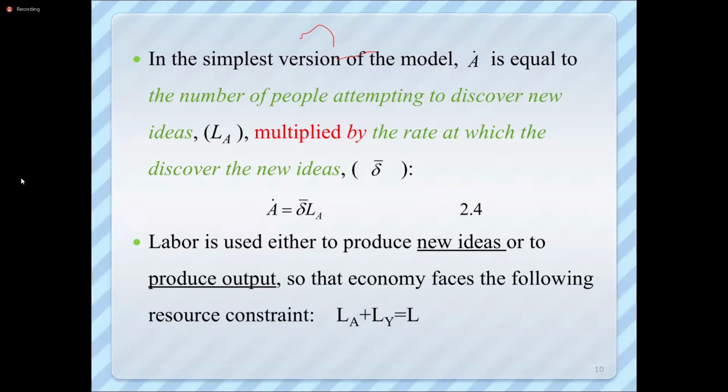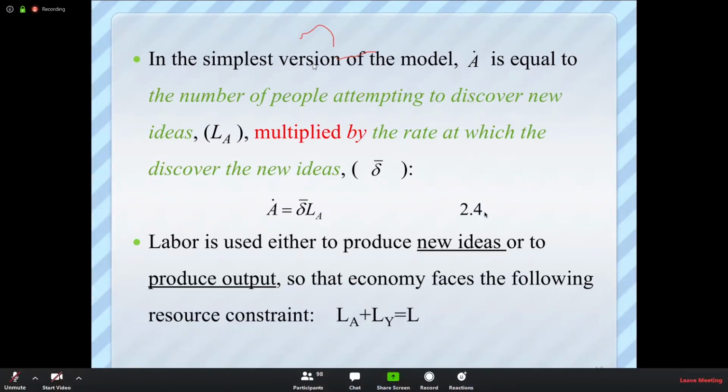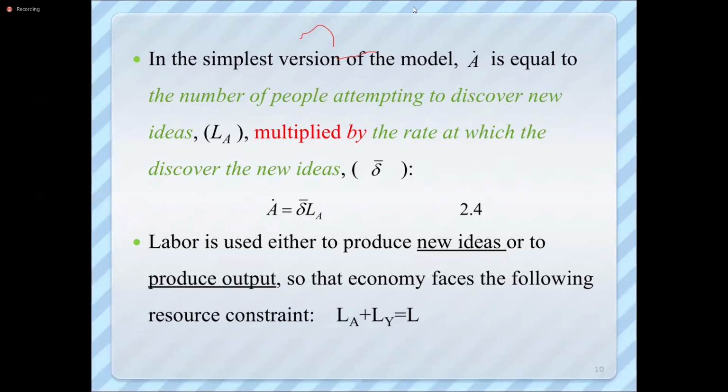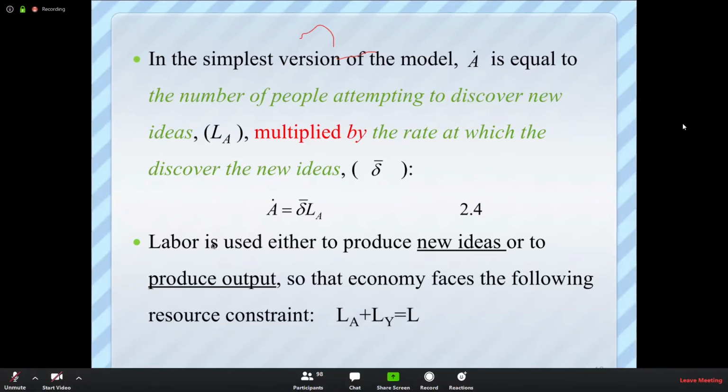So what do you need? How fast can they come up with this idea? So there you have the second variable, which is delta head, multiplied by the rate at which the discovery of new idea is done. So therefore you have equation 2.4. Equation 2.4 is the basic form that shows production of idea. Okay, let us recap. 2.4. So A dot is production of idea over time. Production of idea depends on